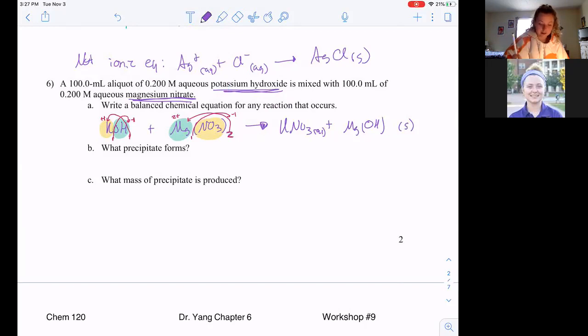we have to balance this. We have 2 NO3s over here and only 1 over here. So we need to add a 2 in front of that. Now we have 2 Ks and only 1 K over here. So we need to add a 2. We'd have 2 out here. Now we have 2 OHs. We also have 2 OHs over here because magnesium has a 2 charge, so it works out. Okay, so when it says